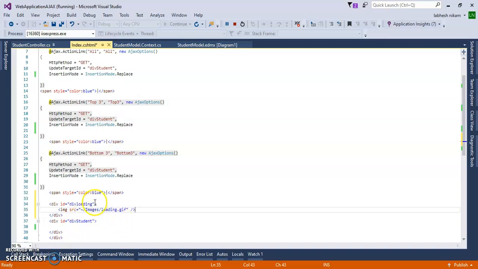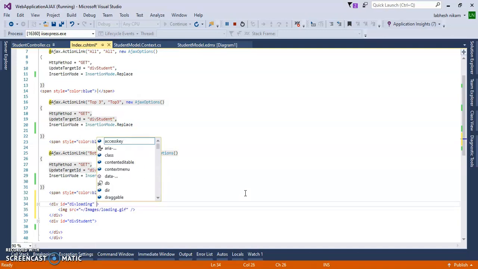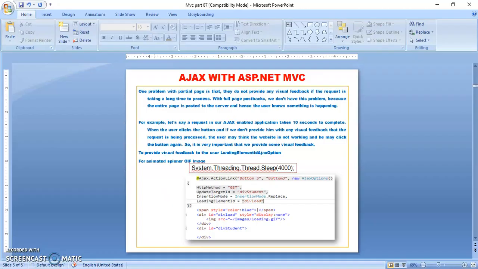When the page is displayed, the image should not show, so I want it to be display none when the page is displayed. I have added style equal to display none here.